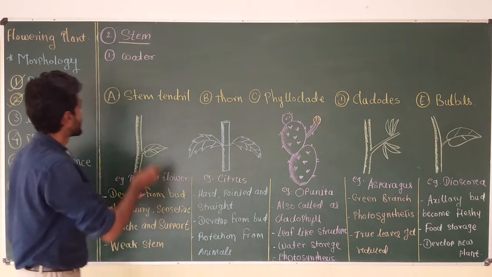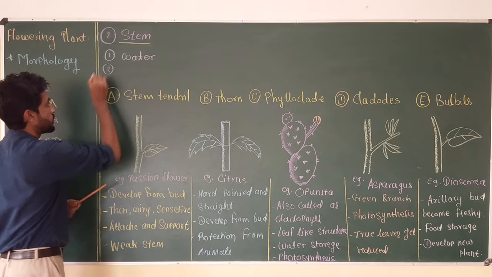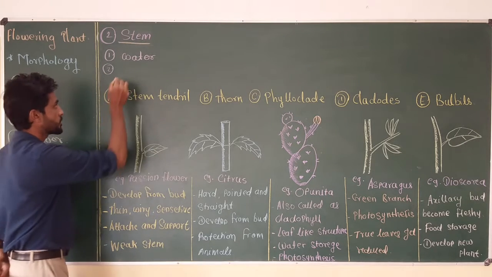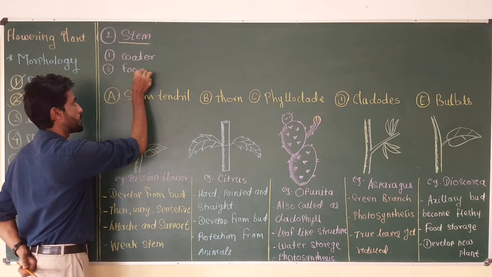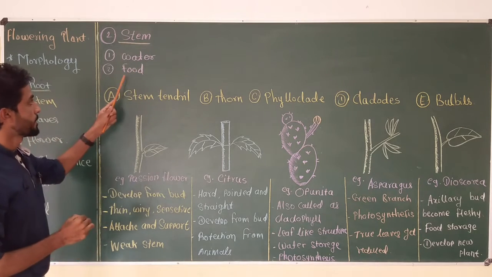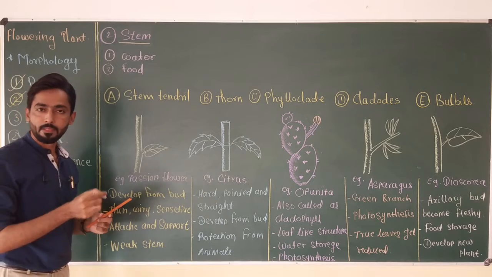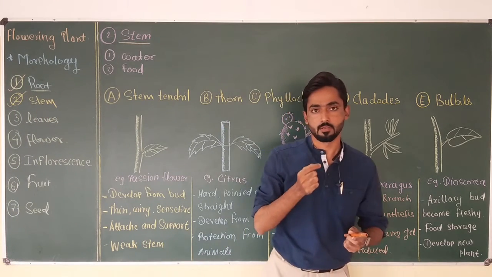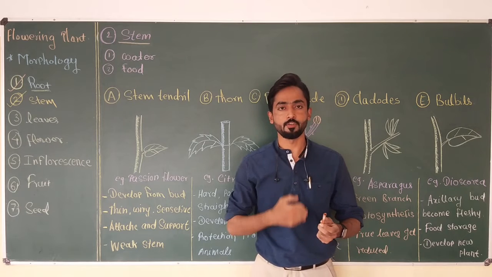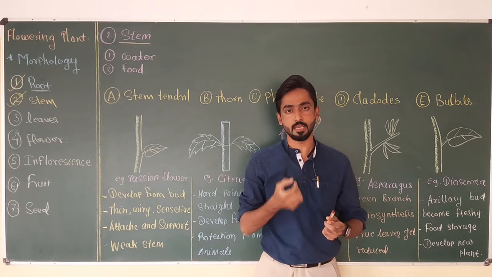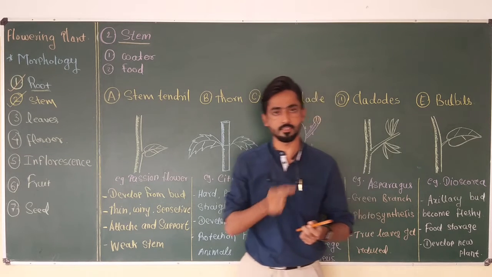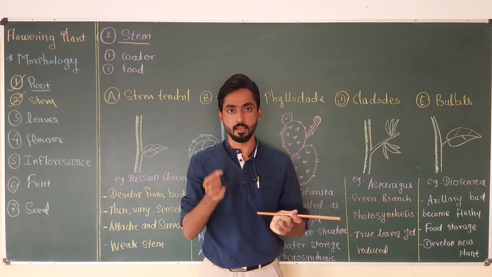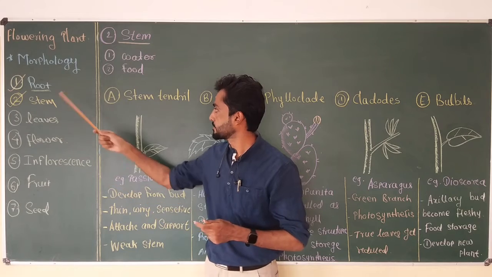Okay, now the second important function which the stem performs in this type of plant is conduction of food, or transport of the food material which is produced by the process of photosynthesis mainly in the leaves, to the entire plant body. That means by absorbing sunlight, leaves perform photosynthesis and produce chemical energy, and the food material which is synthesized in the leaves is transported to the entire plant, including the root, by the stem.